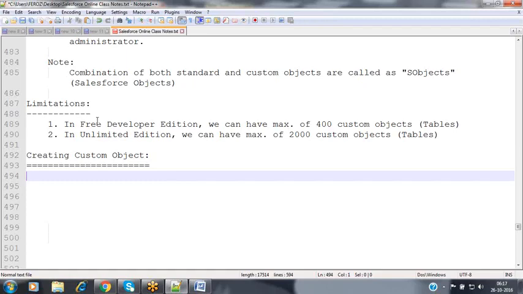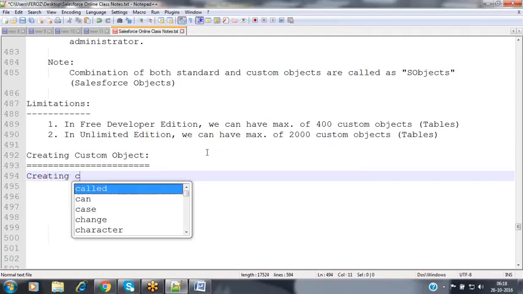I would like to manage those records programmatically. Or else my application has some code which will interact with my table directly and perform some operations inside my table directly. So it's up to you, depending upon our need and the business requirement. You may need the user interface or you may not. We'll see both those scenarios practically. Now let's see how we can create our own custom objects in Salesforce.